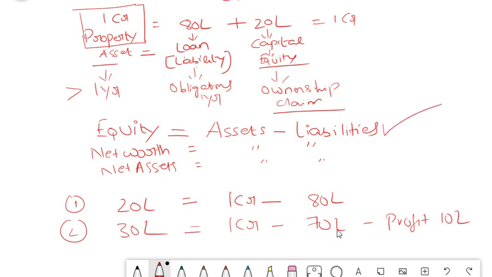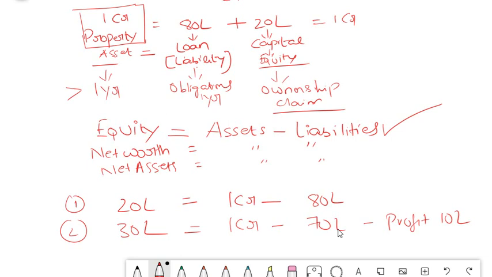There is a logic for this also, which I wanted you to know. That's why I have explained this. Why is capital equal to assets minus liabilities? Because capital is nothing but the residual amount which remains in the business after you have set off all the liabilities against your assets. That means if I have an asset worth 1 crore, I have a liability of 70 lakhs.